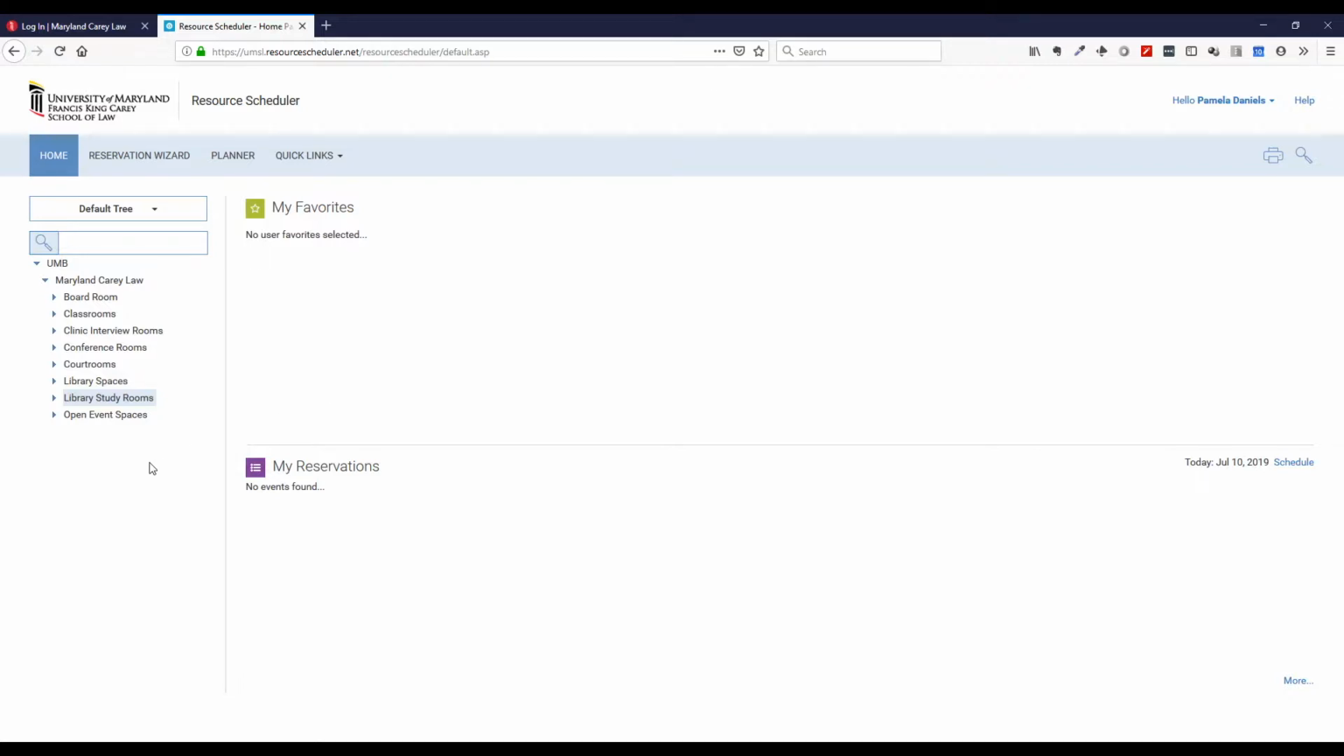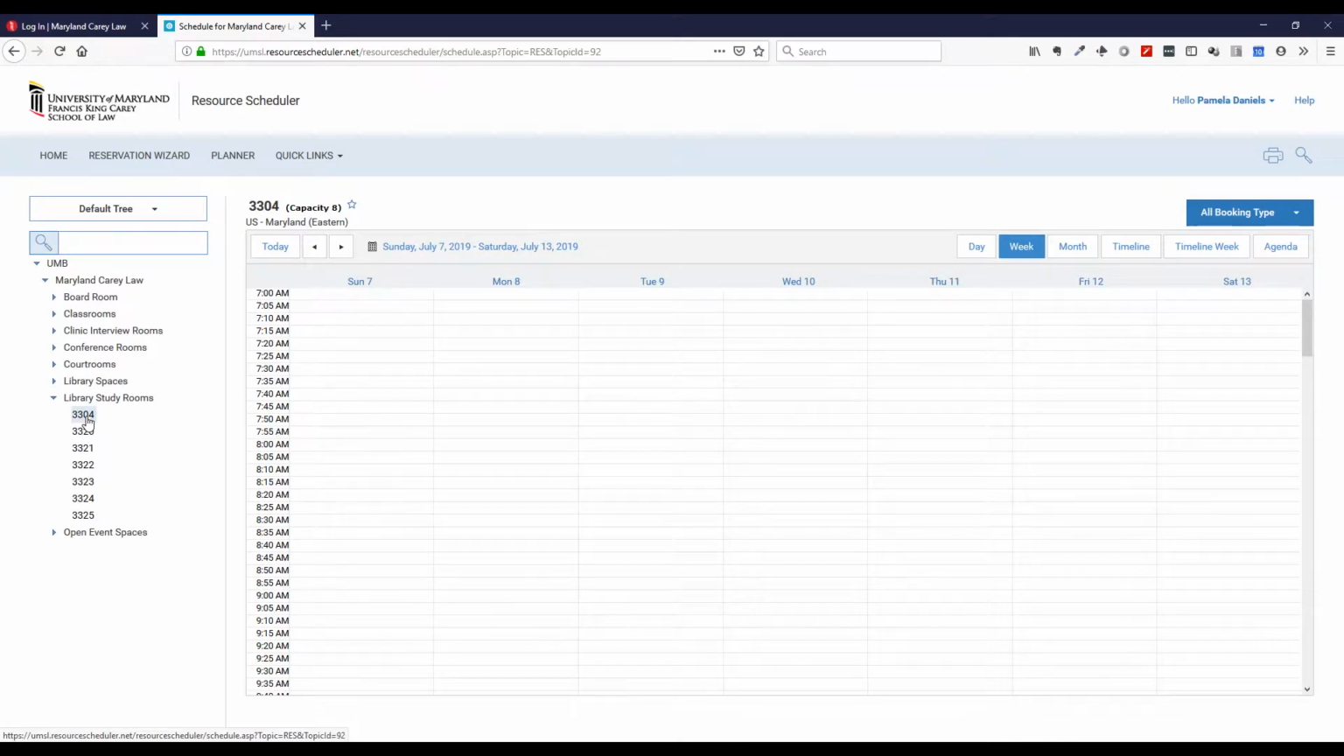On the left of the screen, under Maryland Cary Law, click the arrow by Library Study Rooms. Next, click the room you wish to reserve. In this example, I will select room 3304. Next, I will look for the date, time I wish to request for the study session and click on